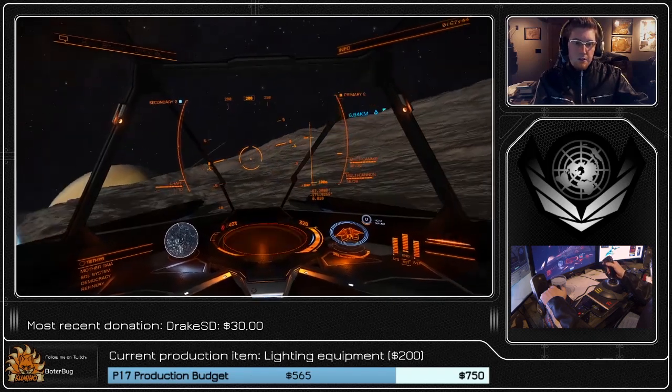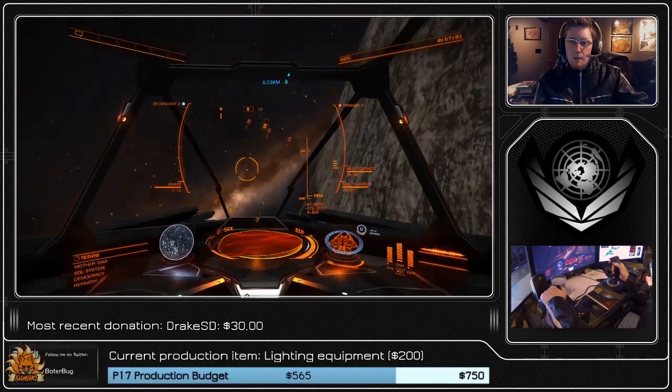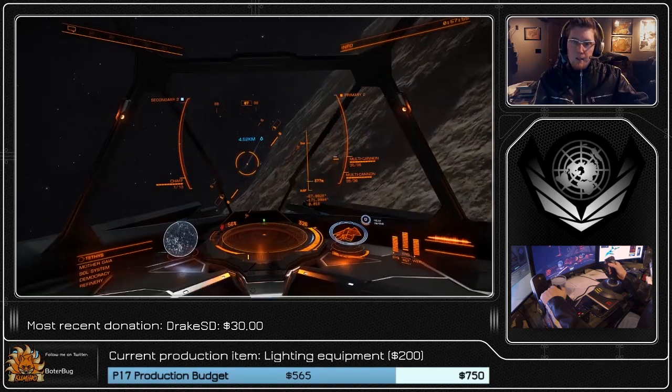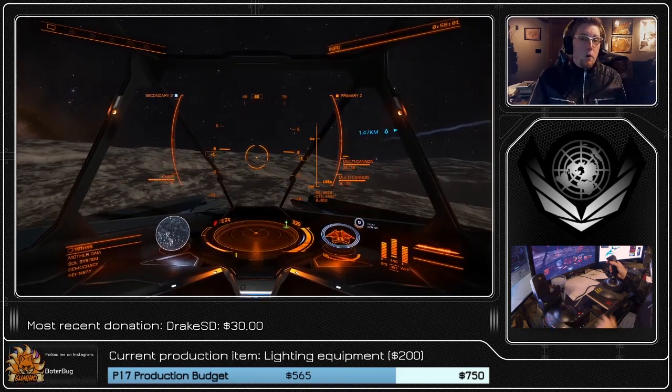Circle back around to the trainer ship. Look at Saturn's rings edge on. Isn't that fun? Alright, circle back here. Hello, how you doing? Please don't crash it like last time. Okay, one more